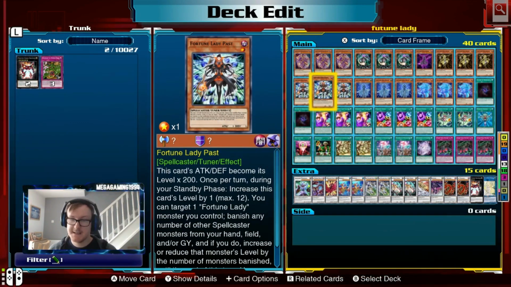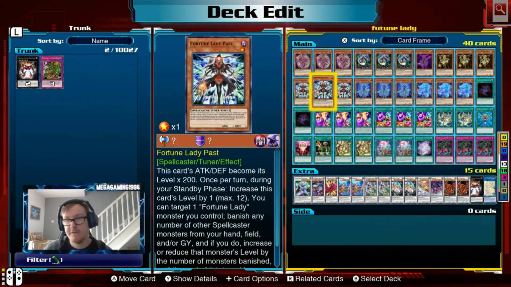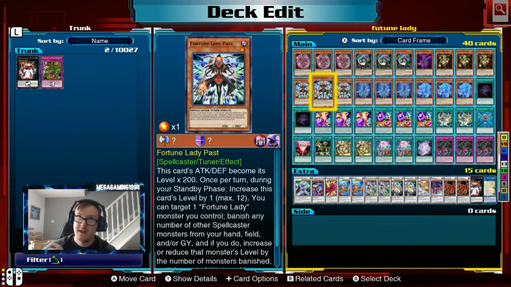The downside is this is a hard once per turn. So if you have another copy of Fortune Lady Past and you can special summon it, sadly you can't use its effect again. But the best reason why you do this is because if you have Past and Light on the field at the same time, you can banish Light to increase its level by 1, and then you get to special summon a monster because